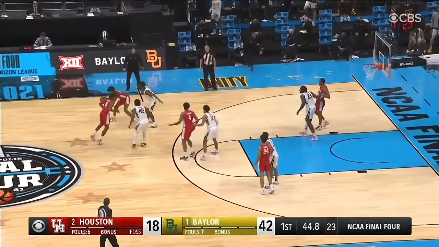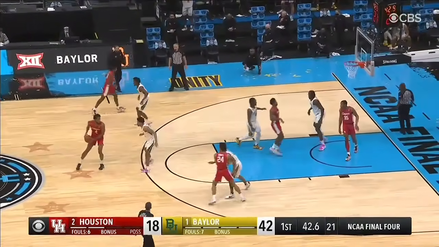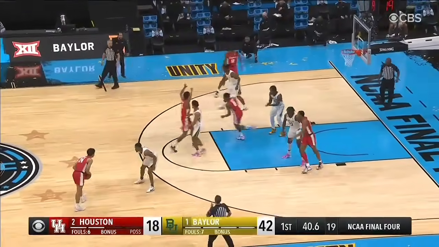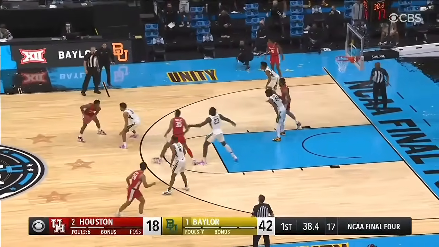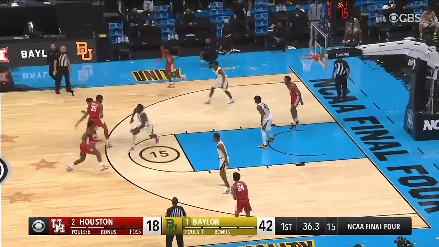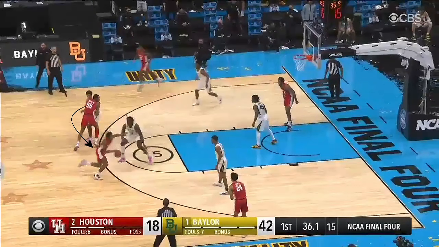Now, this possession is a combination of everything that we've seen in questions 1 through 5. You're going to get this middle ball screen, and the first thing I want you to see is that the guard did a bad job of getting over the top, and he kind of just laid on this screen. And that ultimately makes it harder for the big because now he has to stay in front of the ball longer. And the big made the same mistake that we saw in possession 1, where he got his shoulders open, and instead of staying flat in front of the ball, he allowed the guard to turn the corner and